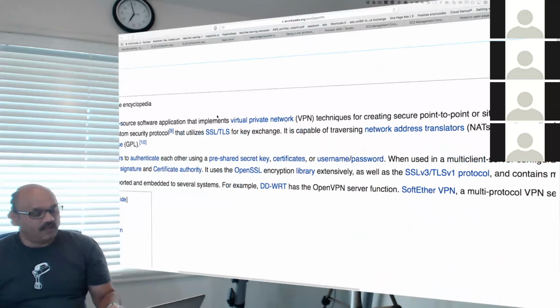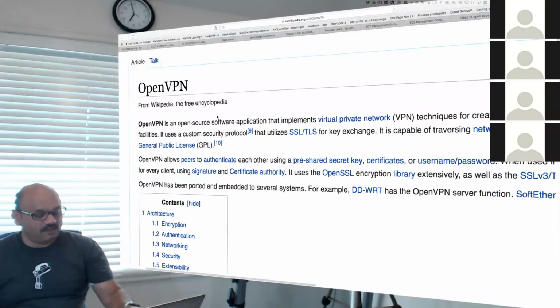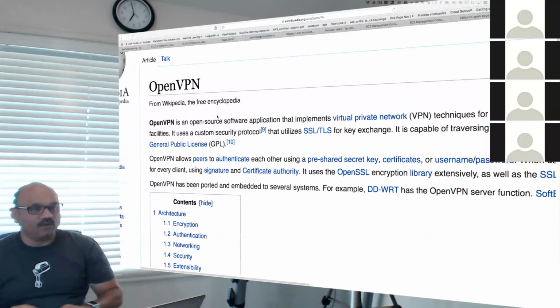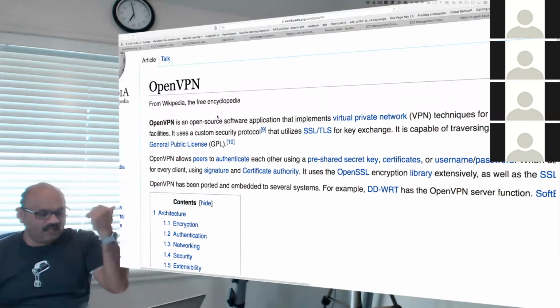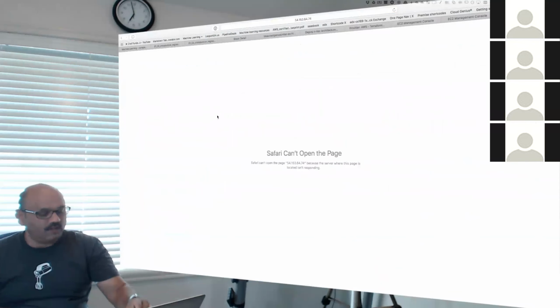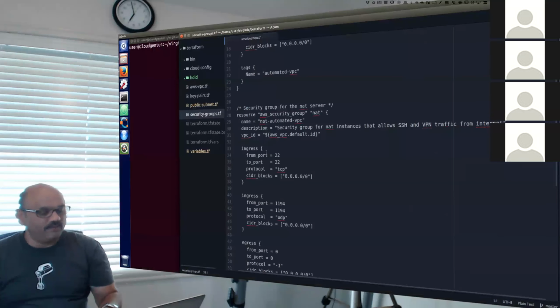It will run and establish a VPN connection for us between the cloud and this machine. Then you don't have to worry about SSH tunneling, and the whole cloud is accessible to you as if it is your local cloud, but it is not really here, it is in Amazon. So that is port number 1194. That's the scenario that we are going to run in this example.